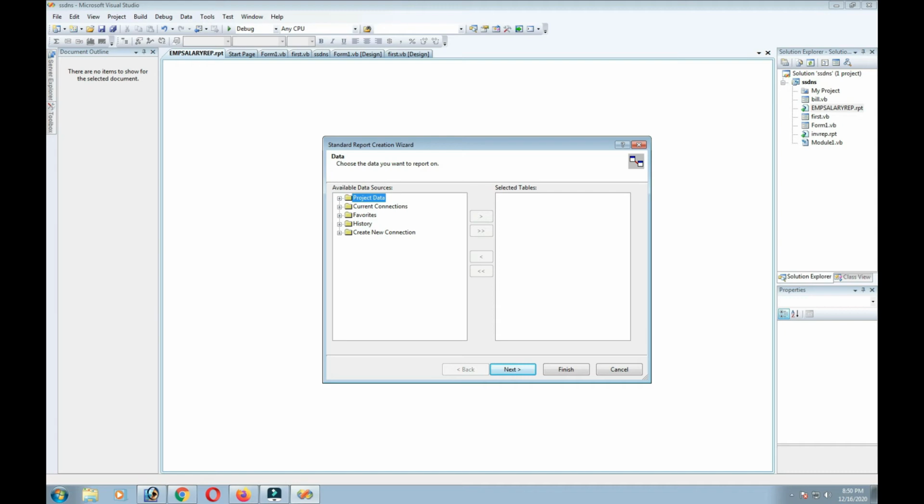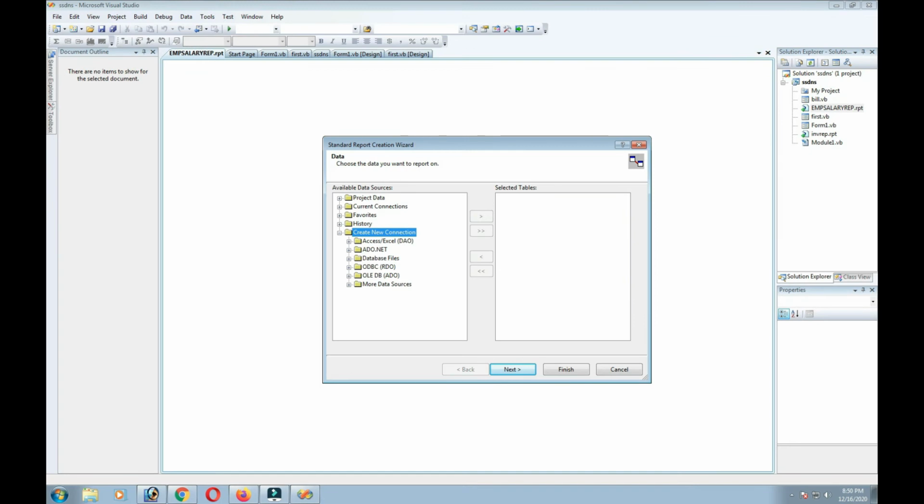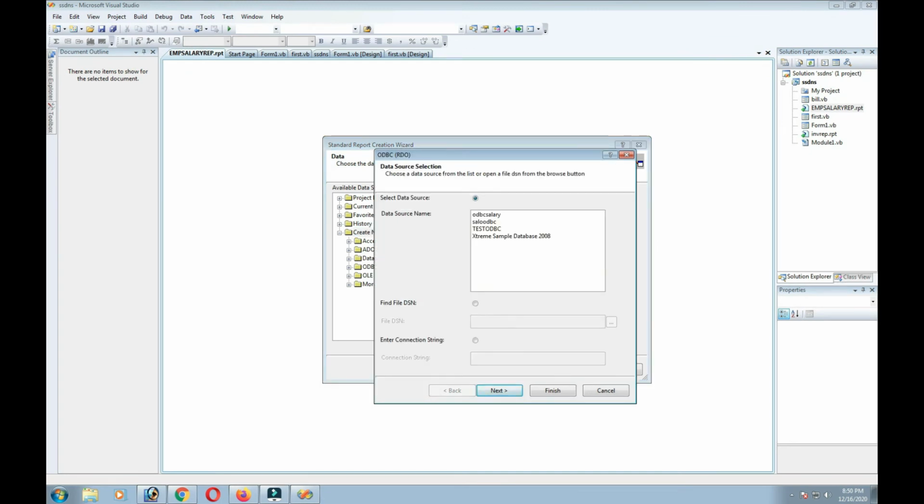And then here you can see Create New Connection. So here you are creating a new connection, a new path between the ODBC and database via the screen. Once you select Create New Connection, then you can select RDO. Here the relational database management operations will start.